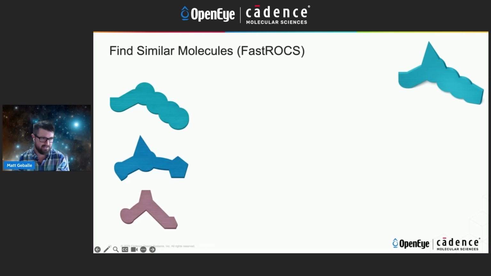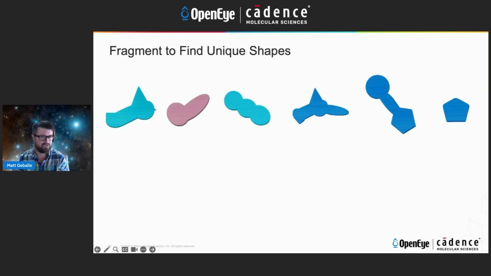Then we take this set of molecules that are similar to our query, and we fragment them and find the unique shapes among those fragments. We do those comparisons with ROCS to find the unique shapes, and we end up with a set of unique shapes, and we call these shape arms because they are going to be the arms in our multi-armed Bayesian